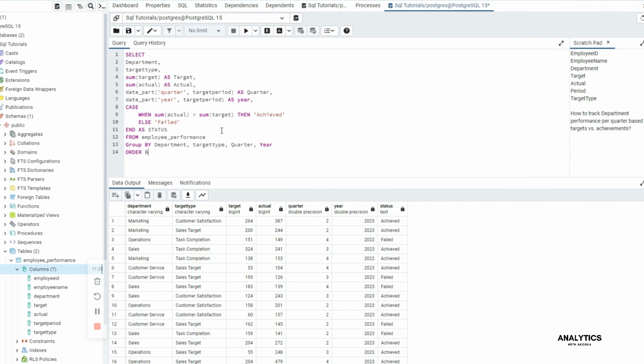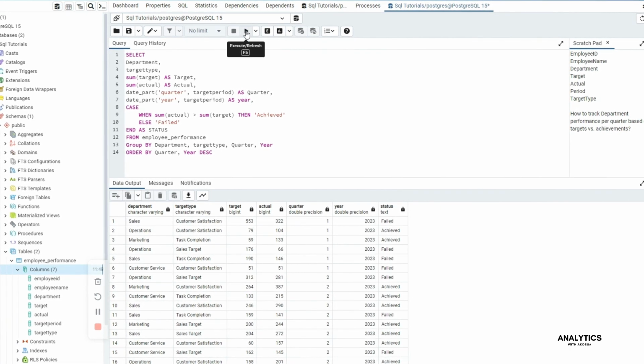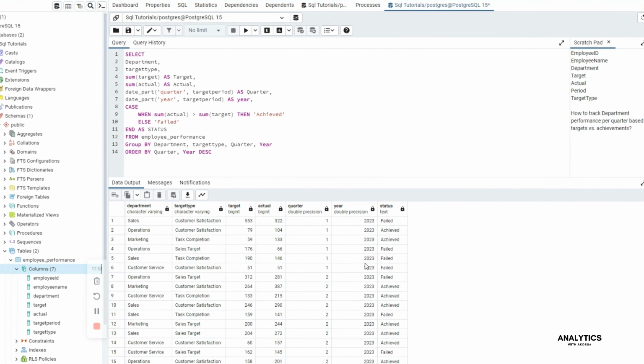Let's order by quarter and then the year in descending order. So now we are seeing that our year 2023 is coming first, and then we are having our quarters coming in ascending order. So in the first quarter of 2023, we see that the sales team failed to achieve their